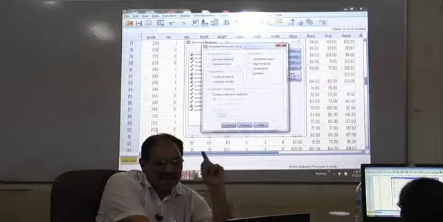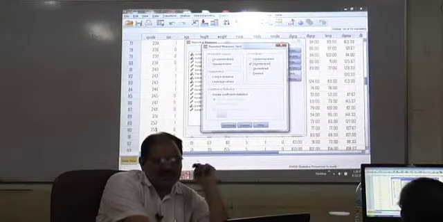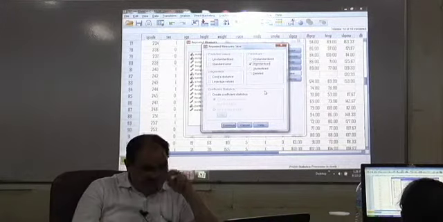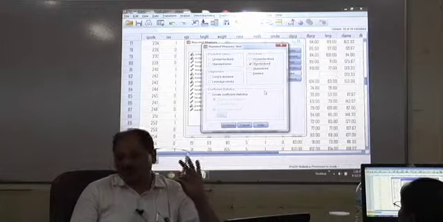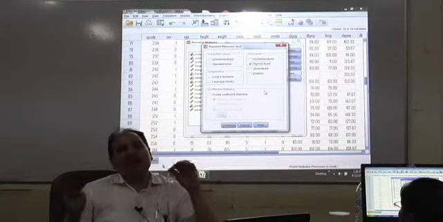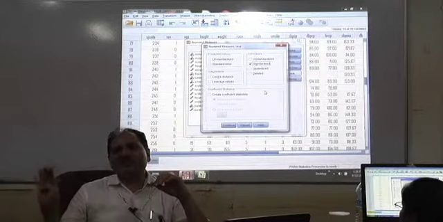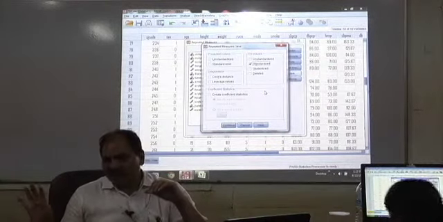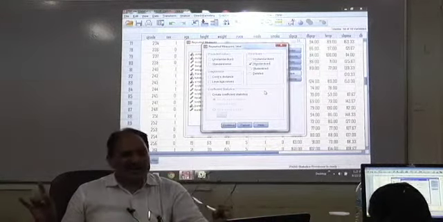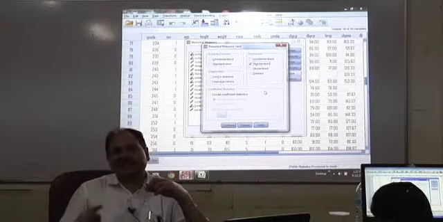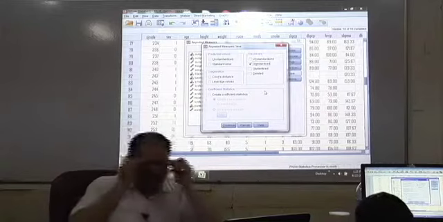You can save standardized residual values to check later on. For ANOVA, there is an assumption that standardized residuals should be normally distributed, and therefore we can save the standardized residual so that later on we can check whether that is normally distributed or not.